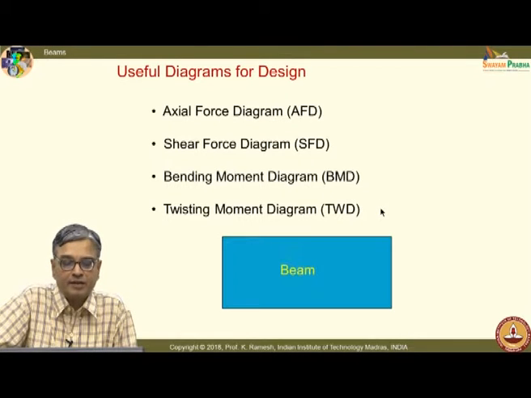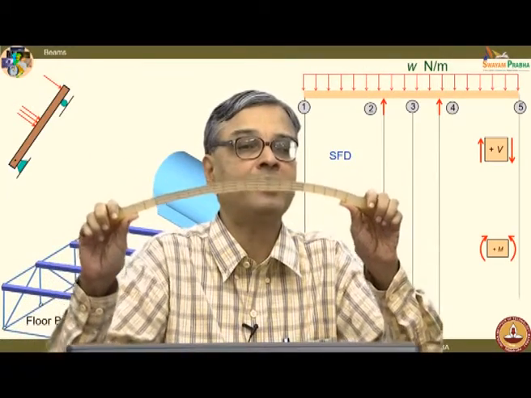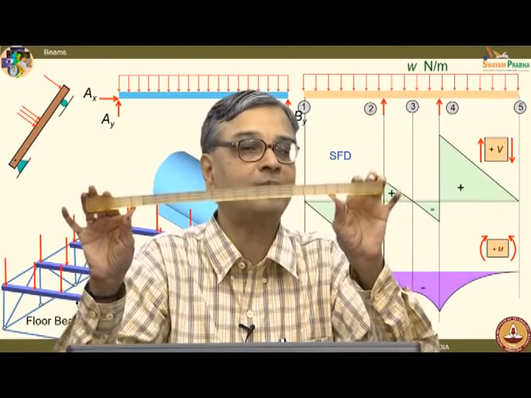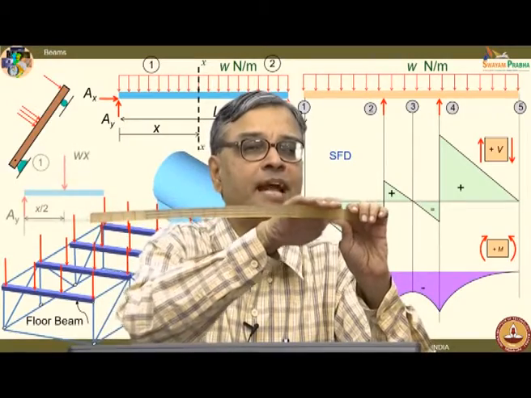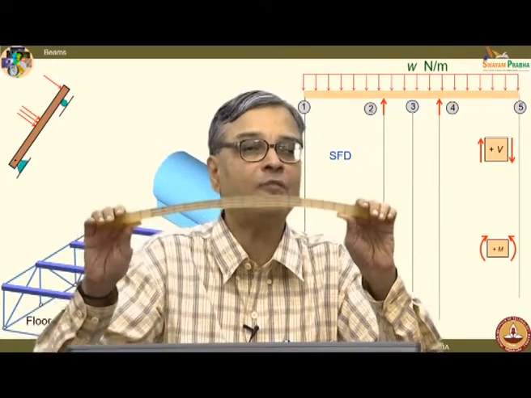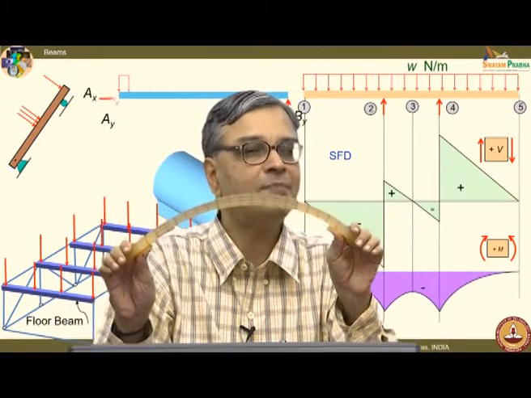And in this, what is important? I have a beam like this. Suppose the beam is subjected to a bending moment like this. You could see I am applying a clockwise bending moment, fine. And how do you find what happens to the top fiber? This is obviously not rigid, it is a very flexible member. I am not a superman, but still I can show the deflection so easily here. With small forces, this is bending like this. Can you see something happening to the top fiber physically and something happening to the bottom fiber physically? What happens to the top fiber? It is stretched and the bottom fiber is compressed.